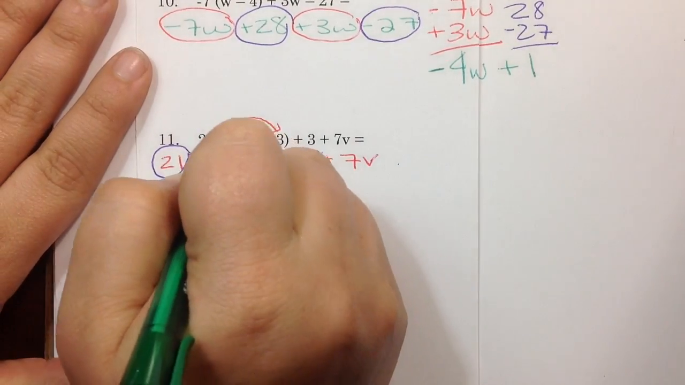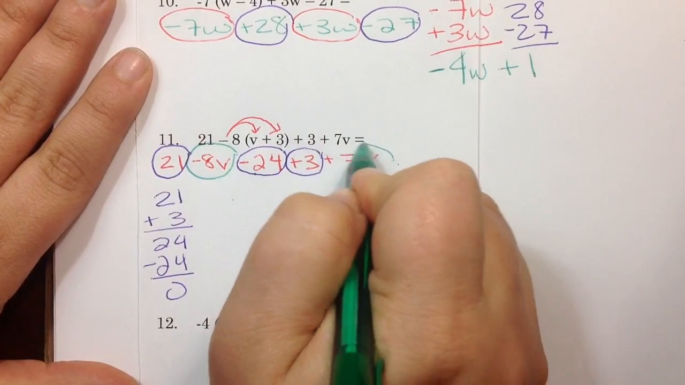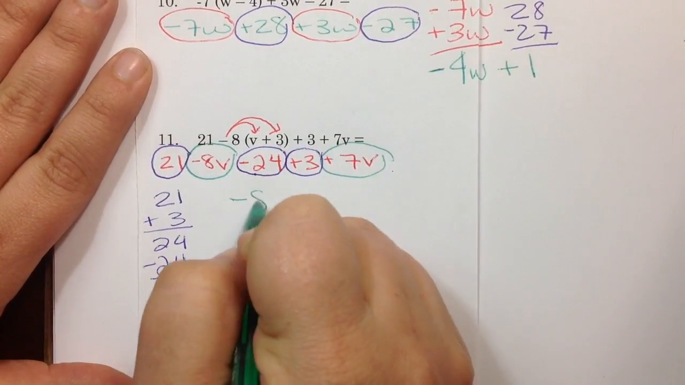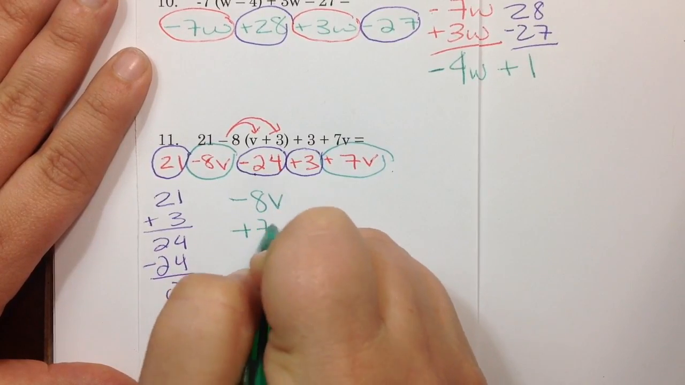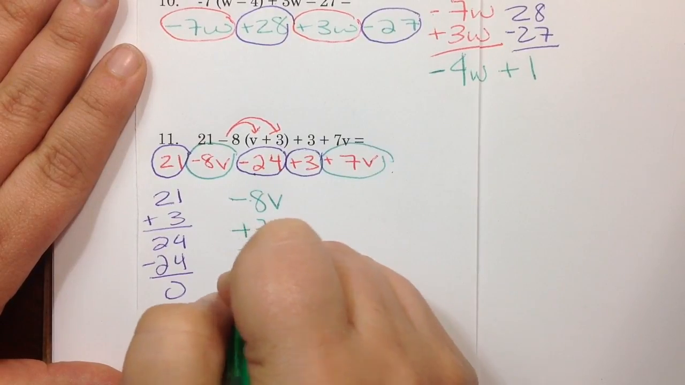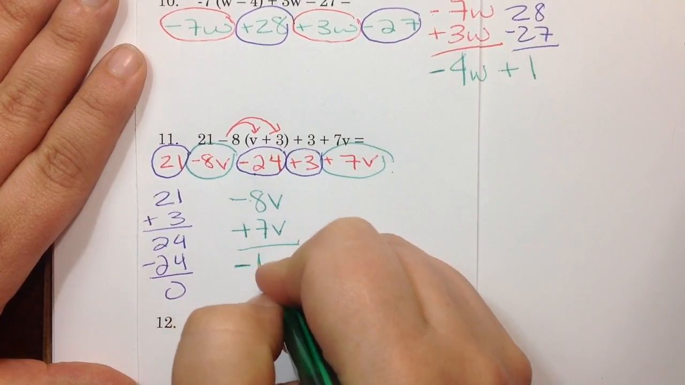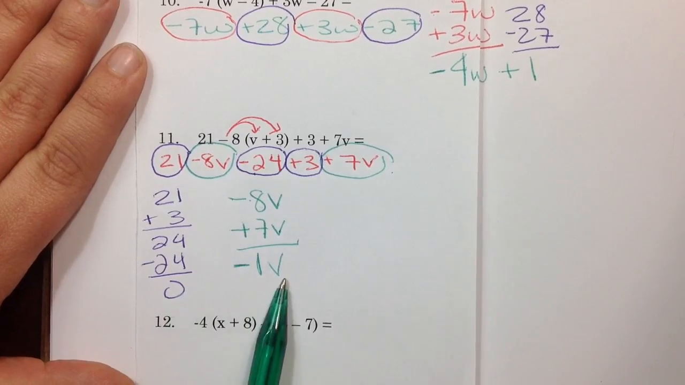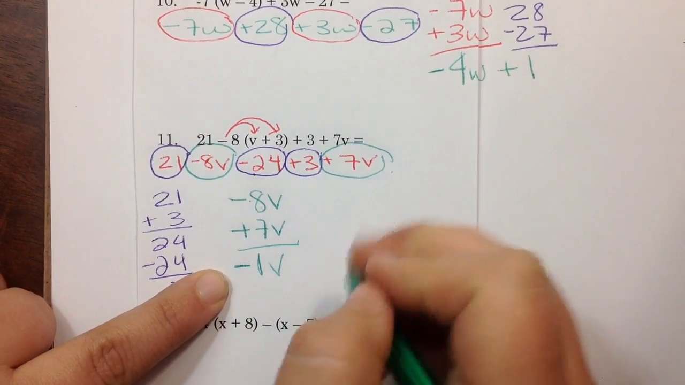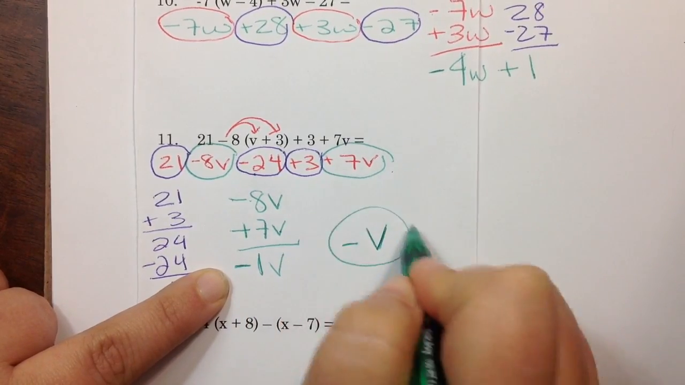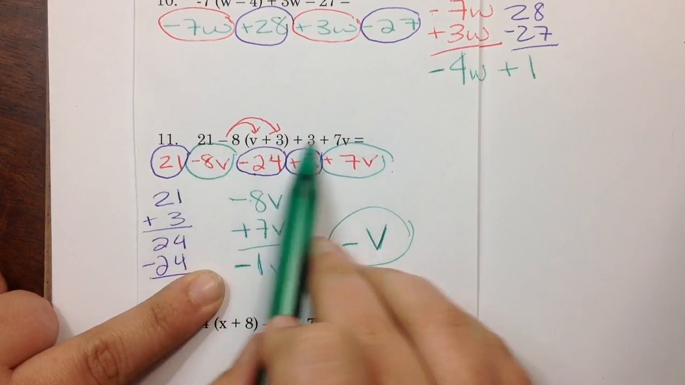Now I can combine these because the terms are the same. They both have that v. And I have negative 8v, positive 7v. Well, the bigger number is the negative, therefore my answer is a negative. 8 minus 7 is 1, 1v. So because this is 0, it vanishes, and another way to write negative 1v would just be negative v. So even though this problem was super long, the answer to this problem is